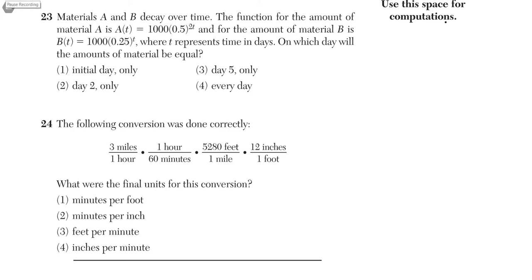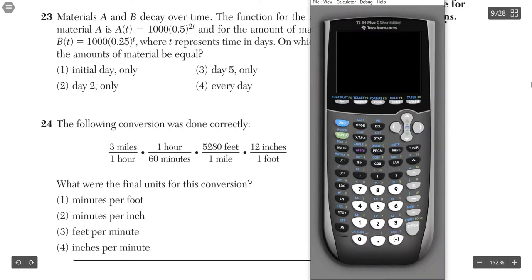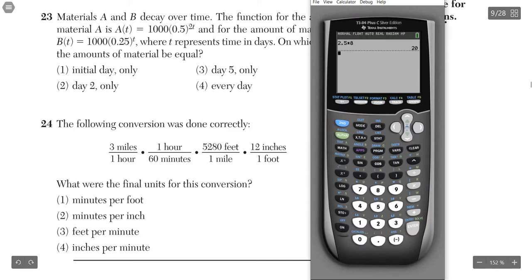Okay, number 23. So we have a of t equals this, b of t equals that. T represents the amount of time in days. On which day will the amount of materials be equal? So all we have to do is graph a of t and b of t, and see when they are equal. So y1 equals a of t, which is 1,000